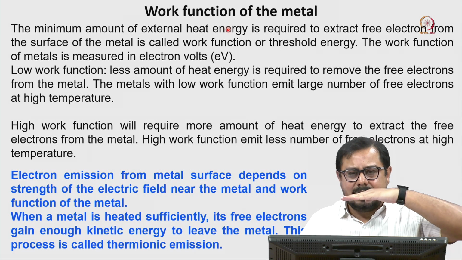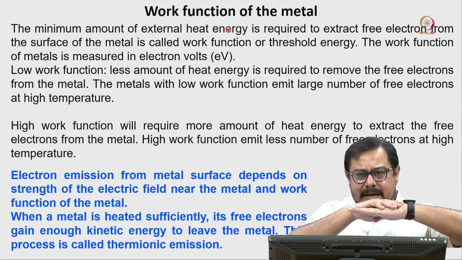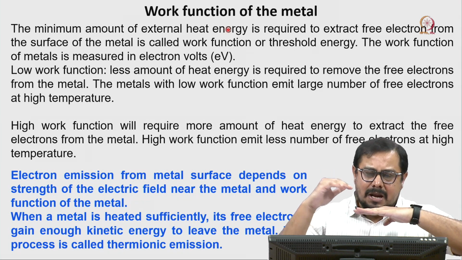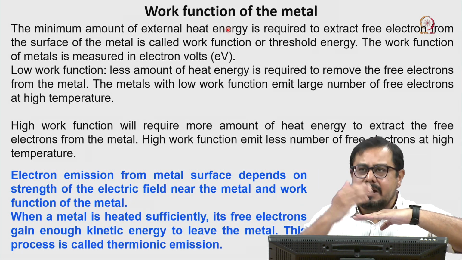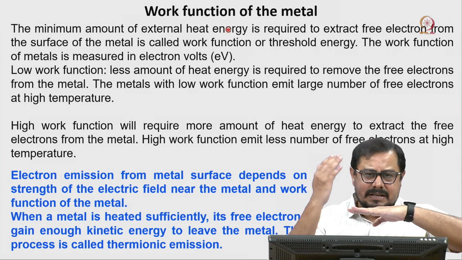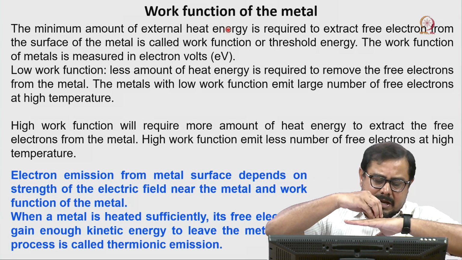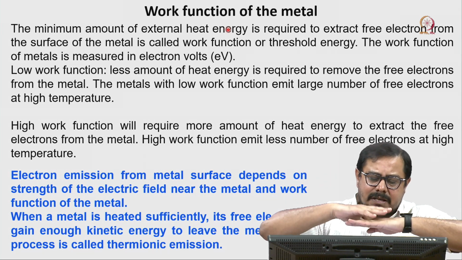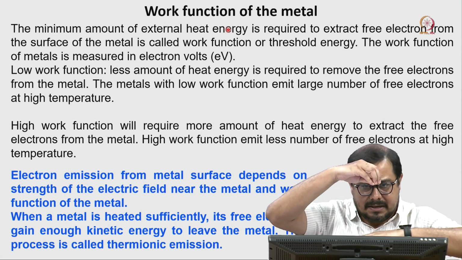So, if there is a metal surface, there will be some loosely packed electrons near the surface. Now, we need some kind of energy, it may be vibration energy, electrical energy, heat energy, or light energy, to displace that electron from the metal. When that electron is displaced from the metal ion, there will be a charge difference between the metal and the electron, because the electron just came out from the metal.